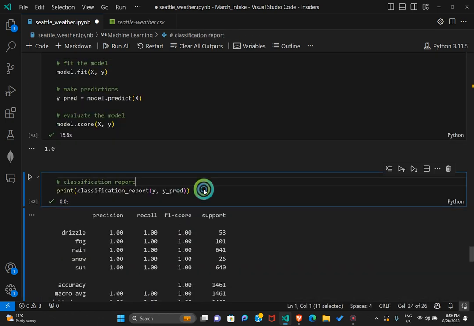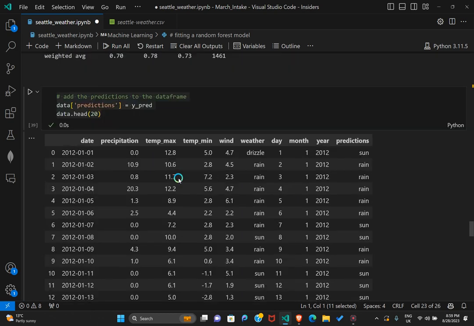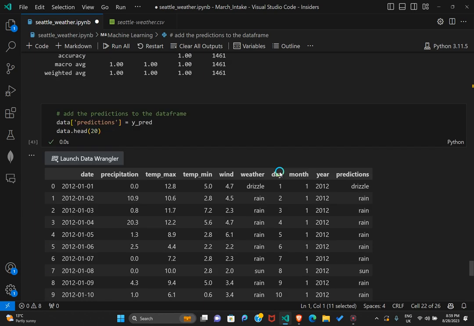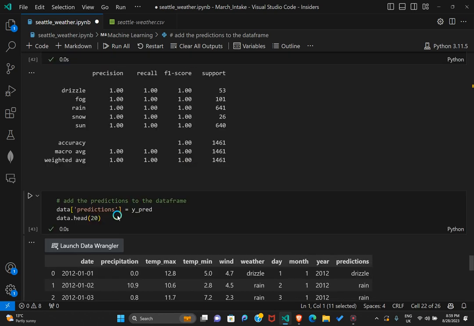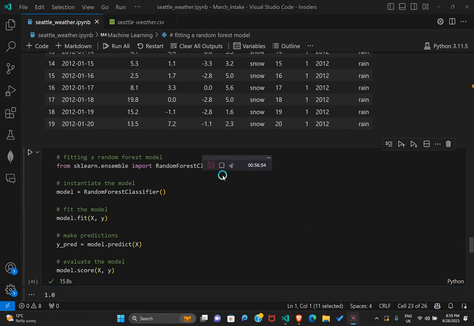From these, I believe you now understand what machine learning is all about. It's using data that is there to come up with predictions. We can extract this model that we've fitted here and use it to predict what kind of weather we will have tomorrow based on the readings that we get from our weather station. Yeah, so that's all for today. So what I'll do is